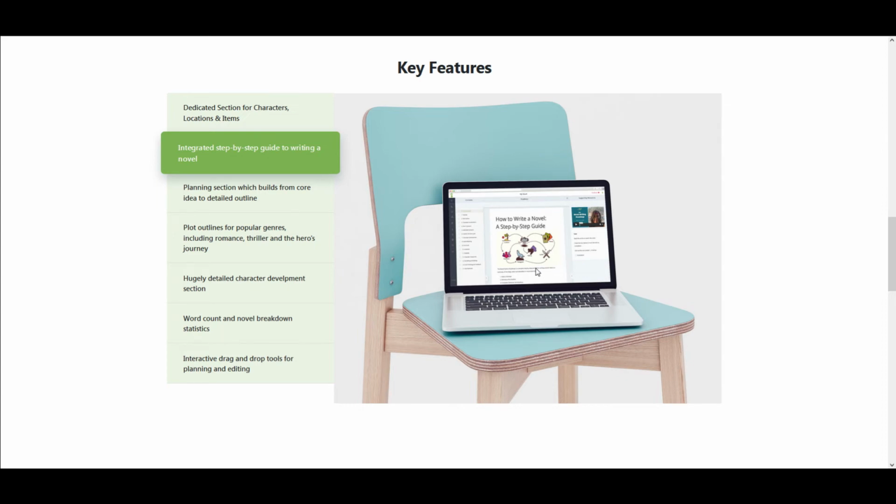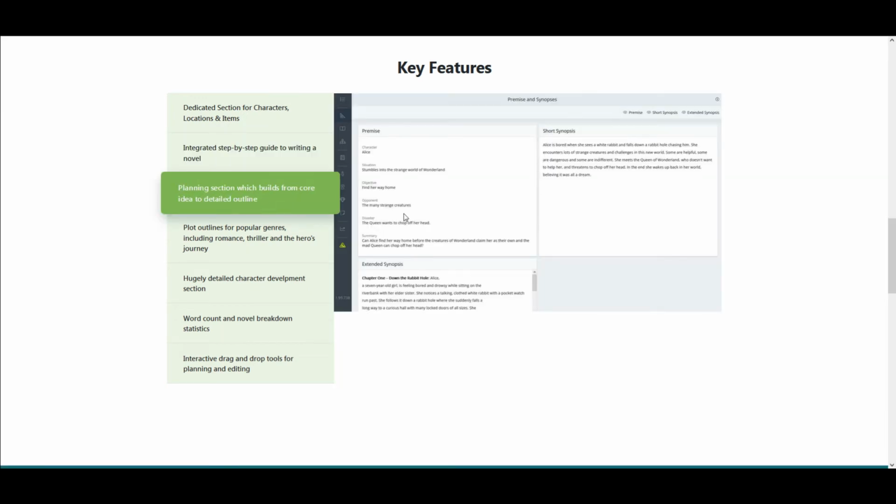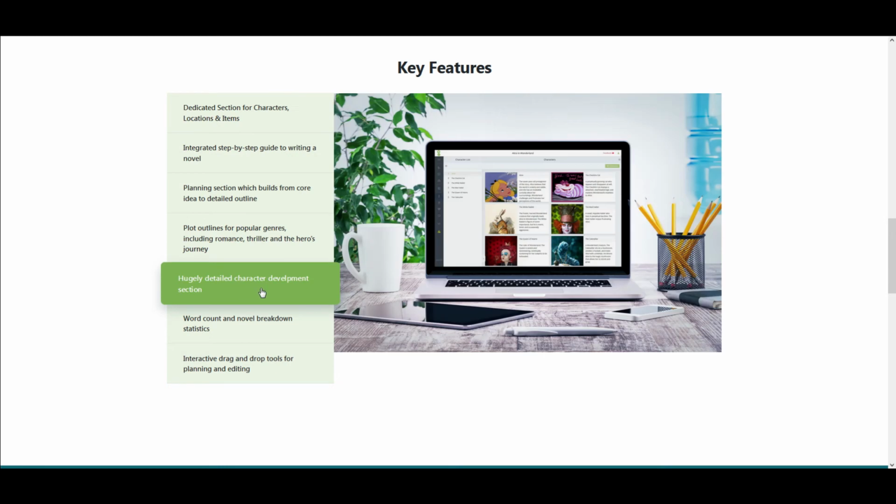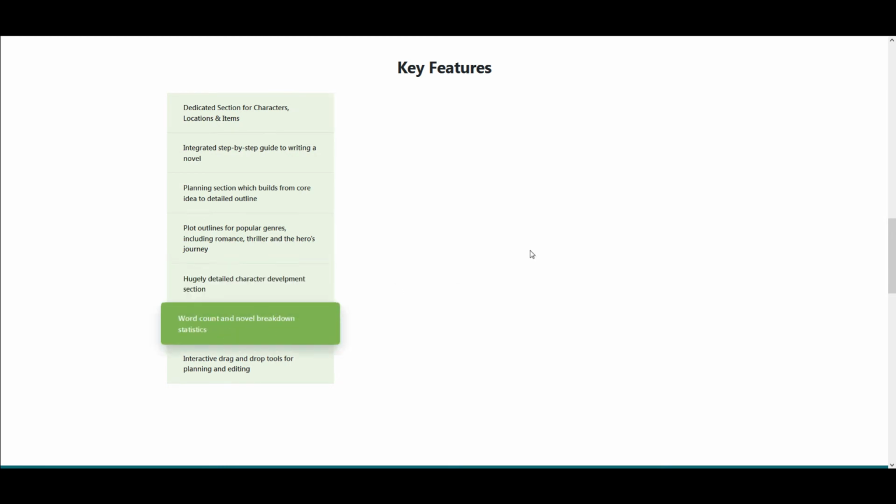If you're coming at this blind, and this is the tool you want in order to go from not knowing a clue what you're doing to having some clue. So that's the main selling point for Novel Factory, is the hand-holding. But even then, once you get through there, there's a place where you can develop your ideas. And so you follow the templates, go through the character designer, and then of course when you write it, you